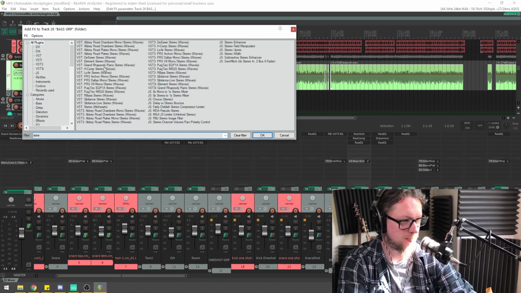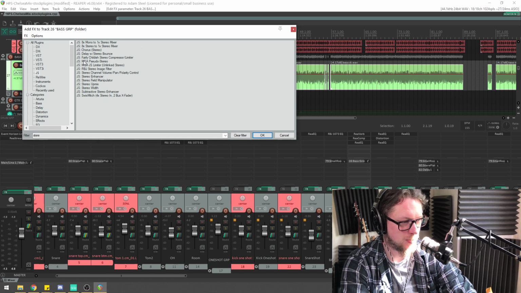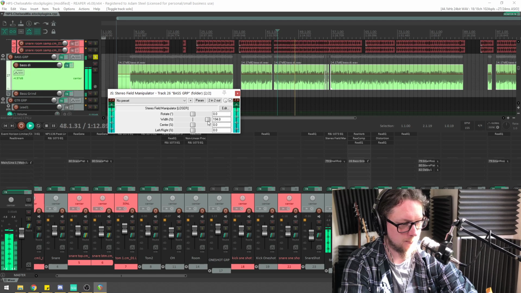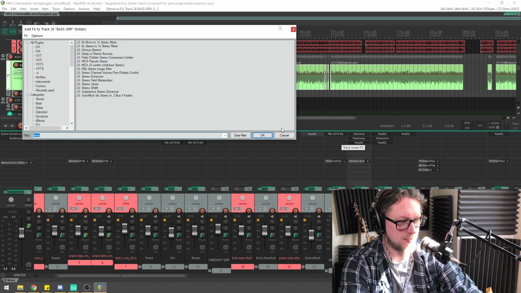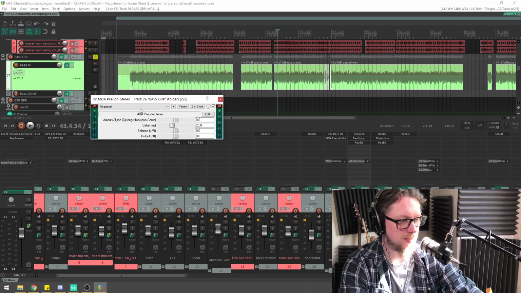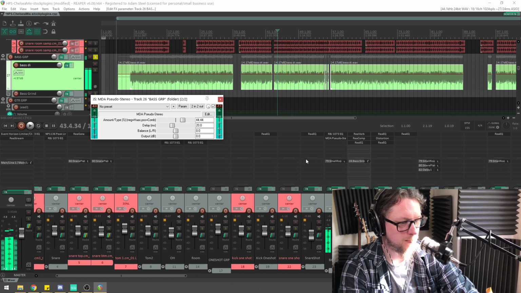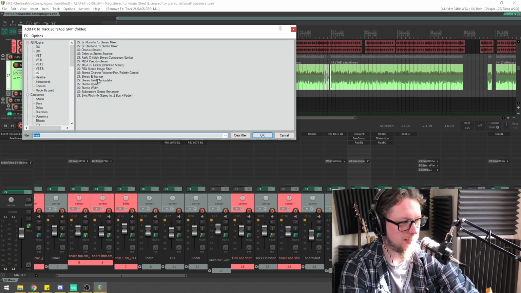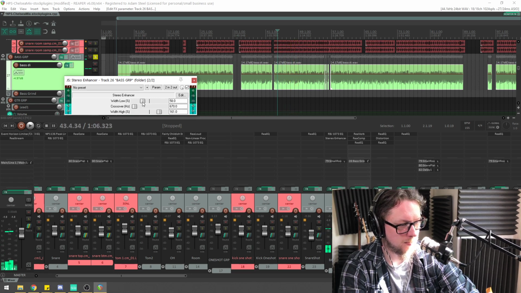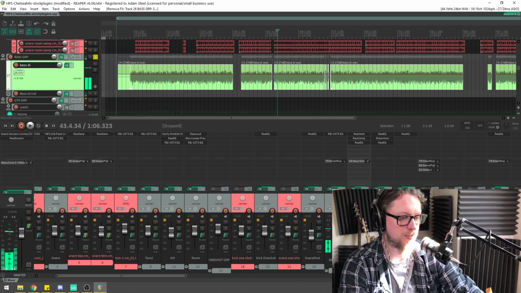Awesome. Let's see if there's a stereoizer. I'm sure there's been a couple of stereoizers I've used before. Is it stereo field manipulator? There's one of these. One of these can kind of stereoize, but with a, what's the word? Because I like the MDA stereo, but it messes up the low end. There's one of these stereoizer type things. Stereo enhancer. Maybe, yeah. I'll just leave it as mono,